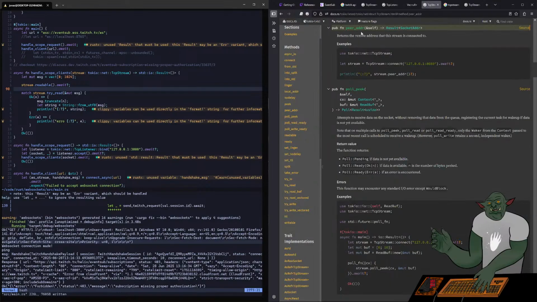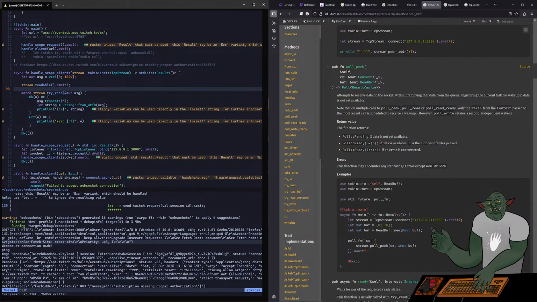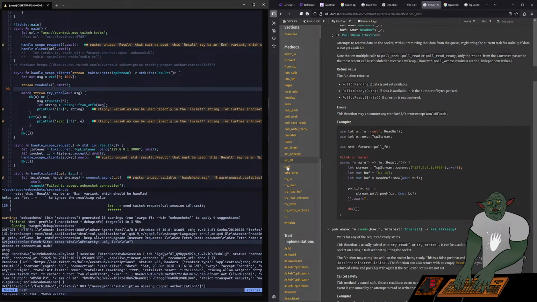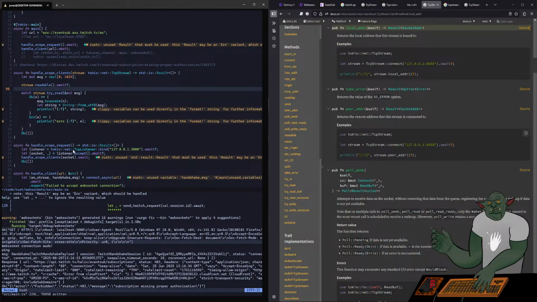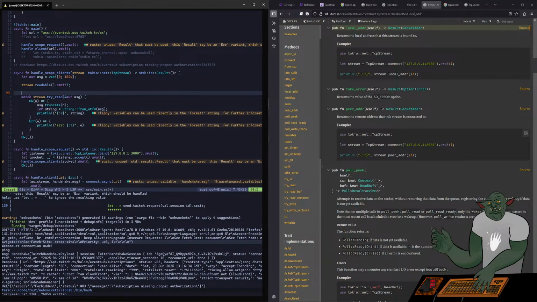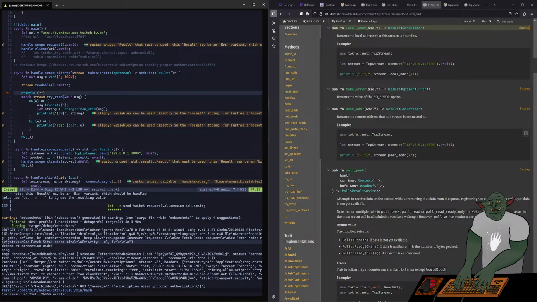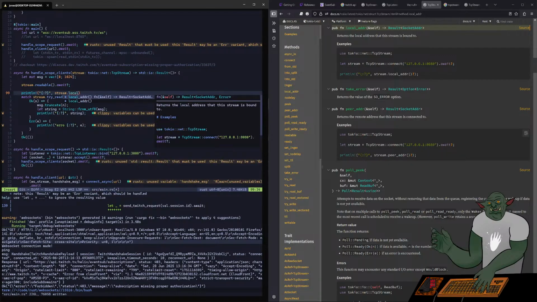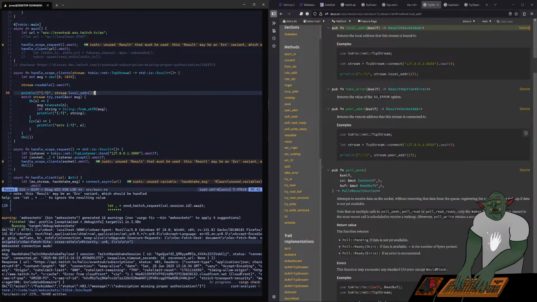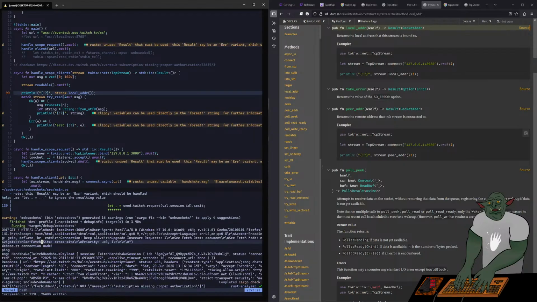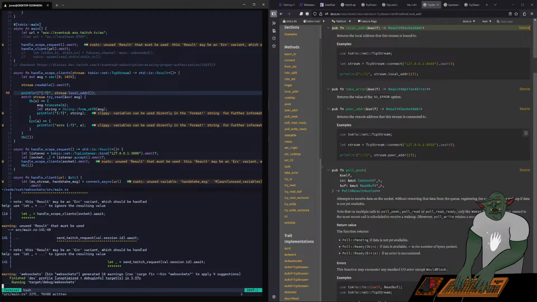Wait, I was looking at peer address. Returns remote address that the stream is connected to. Nope. Maybe it is like local address. Maybe it just adds a lot to that. So we wait till it's readable. Once it's readable, I think we should be able to do this. Print line. So we go stream.local address. Okay, it's running. Then I need to